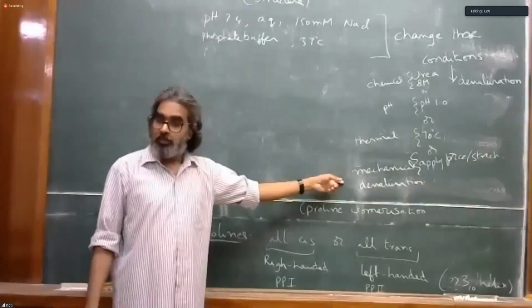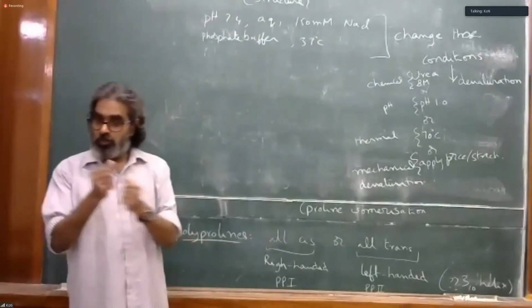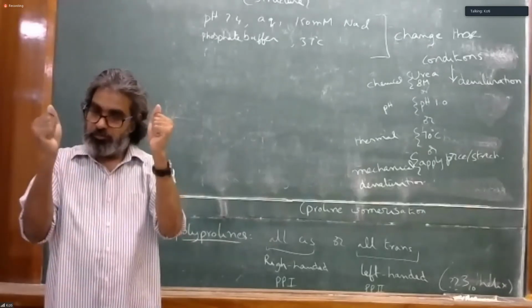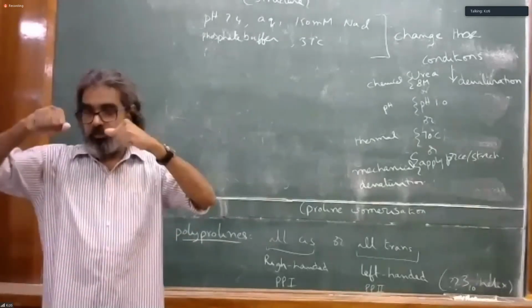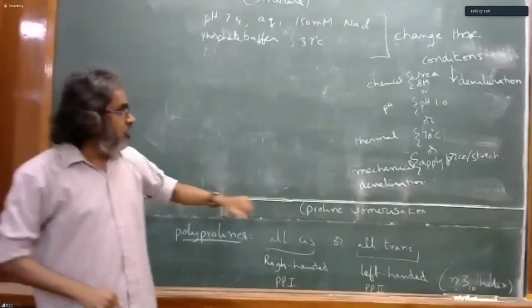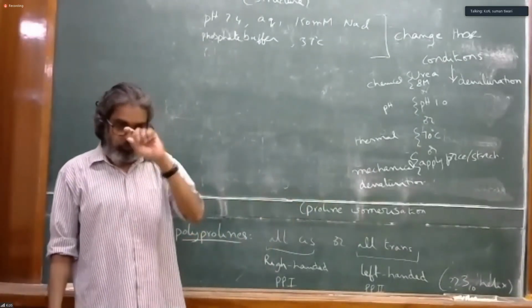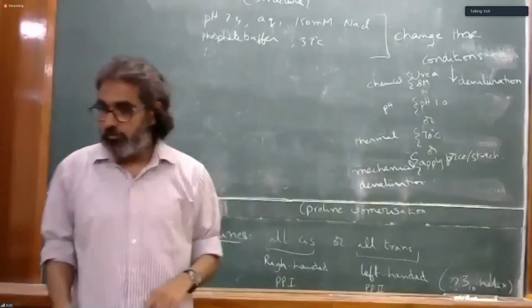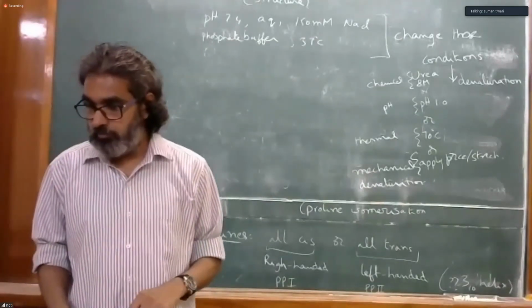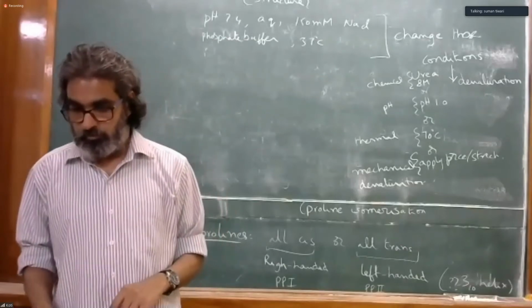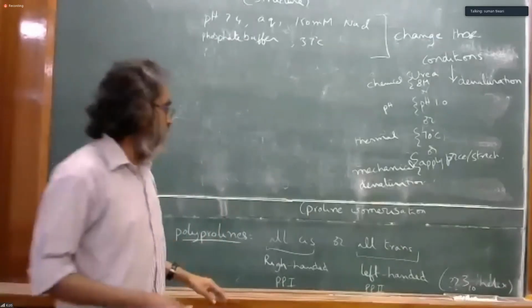Or I can apply force to individual protein molecules so that I dislodge things. If I am pulling from N-terminus to C-terminus, helices can be dislodged. So then this is mechanical denaturation. Yes, Suma. So can we dislodge the helices by a required amount, like if we want to shift it by a particular angstrom, can we do that during the mechanical denaturation?